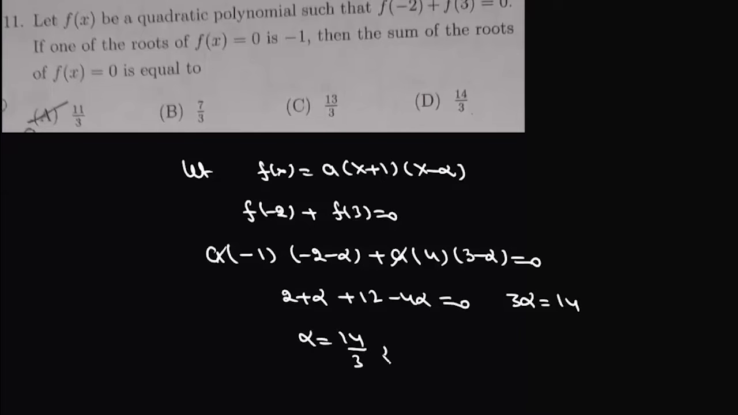So the two roots are 14 by 3 and minus 1. We need to find the sum of roots. So there will be 14 by 3 minus 1, and that will be 11 by 3, and that's your option A. Now in question number 12, we are given this continuous function in 0 to pi, and we are given that